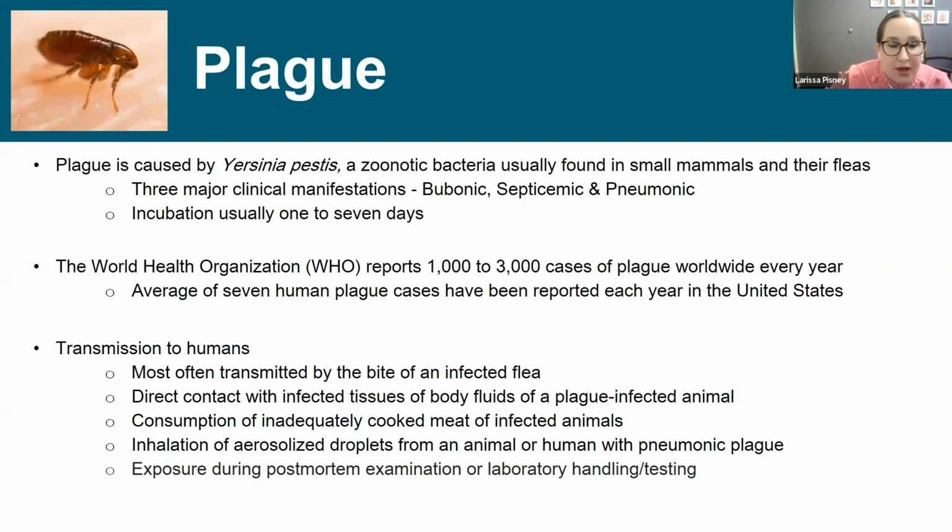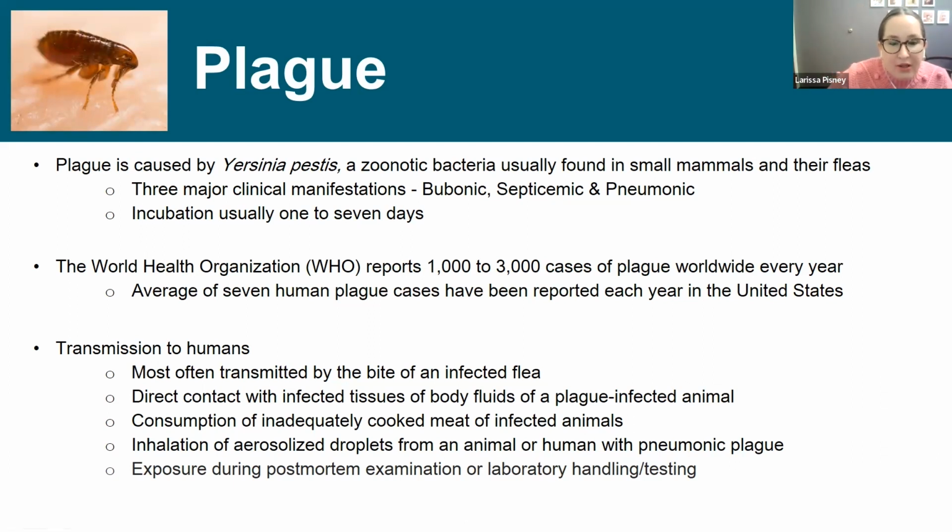And it can also be spread by consumption of inadequately cooked meat from infected animals. And then the form that we really would think about in the context of this talk is inhalation of aerosolized